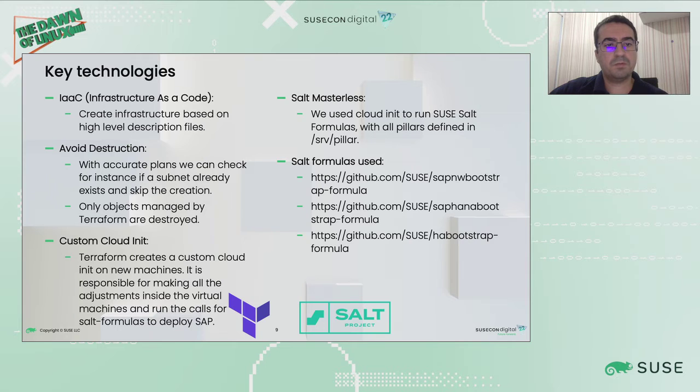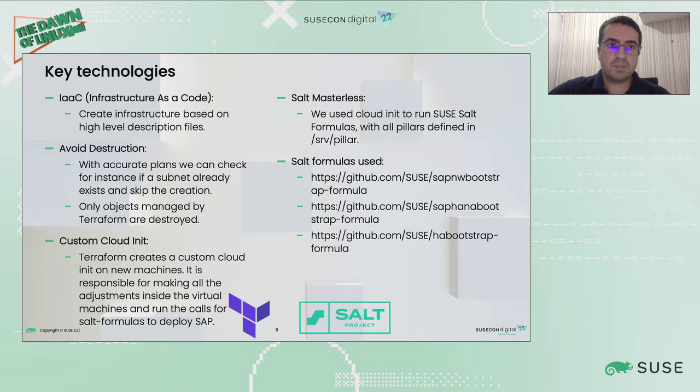We make use of custom cloud-init after the infrastructure is launched. We use cloud-init features on Azure to make all the steps for turning on and configuring all the components inside the operating system. We use the feature of Salt using modular deployment, and we populate some files related to pillars configurations that were populated by the cloud-init file, and we use the Salt formulas that are available from SUSE for SAP, and we provide here the links from the SUSE GitHub where you have all the code